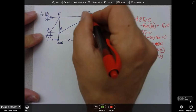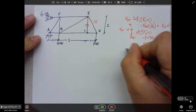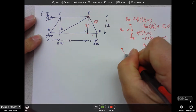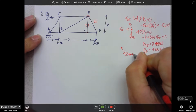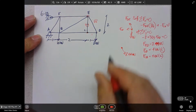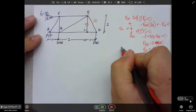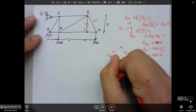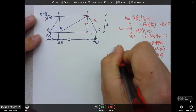Joint E. Okay, so then you come up here, and we're going to know at joint E, when we draw that free body diagram, we found FDE to be in tension, so we know that we draw it pulling away at 8.94 kilonewtons. We know that force FEC is 0, so I'm going to leave it off, and I'm going to draw FEB like that, EB, and